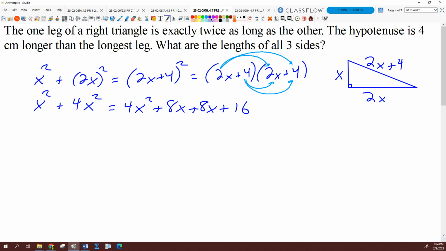So where am I going to push everything then? We want a positive number of x squareds. So one thing I could do here is subtract 4x squared from both